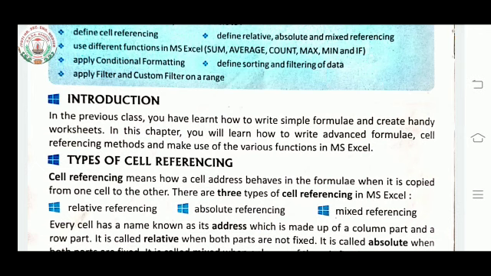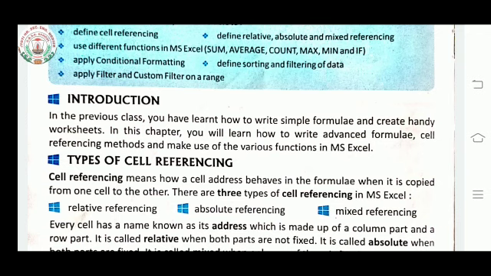Instead of writing all the cell addresses together, we can just give from here to there, and in front of that use the function sum. Like that many more functions are there which you are going to study in this chapter.